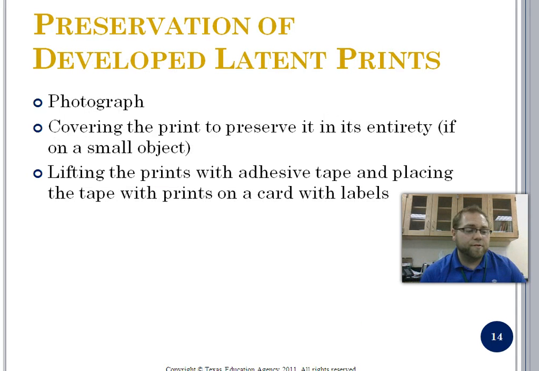Okay, so this is how you preserve latent prints. One, you can photograph them. If there is a physical print there, especially if you're talking about a patent print, especially about a plastic print, you can take pictures of it. You can cover the print to preserve it, which is nice if it's a small piece of evidence. But if you're talking about something that would be on like a chair, you can't just take the chair with you. And so the main way this is done is by lifting the print,